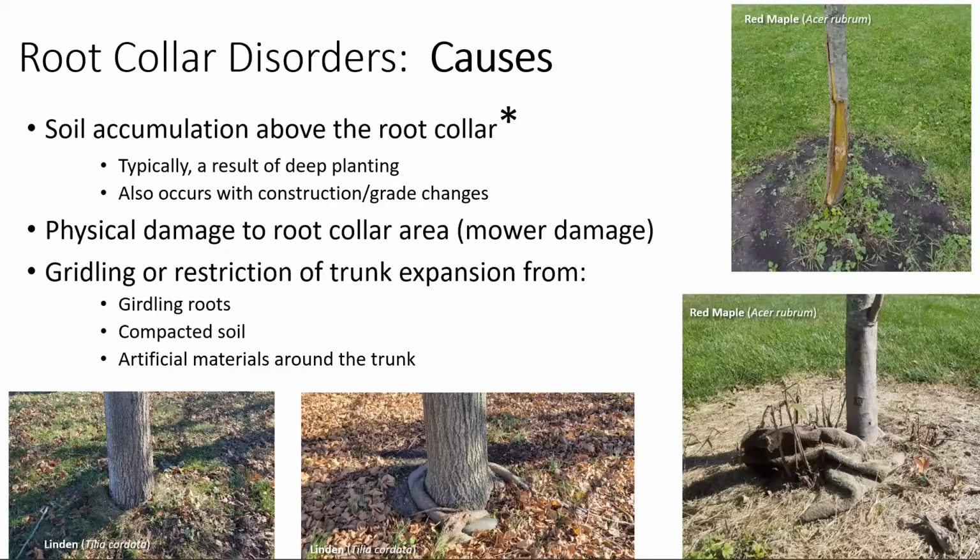trunk. Physical damage to the root collar area is another pretty common root collar disorder, pretty easy to identify also. In the red maple at the top, that's some pretty bad mower and string trimmer damage. And that's super common in the landscape. I wish we saw it less, but it's also another really common disorder that is sometimes easier to assess because we can see the damage and the rot and decay that it's causing. But there are also other things that can girdle or restrict trunk expansion. So we've talked about girdling roots, but in other cases, just compacted soil around a tree that's planted too deep can tend to restrict some of that trunk expansion.